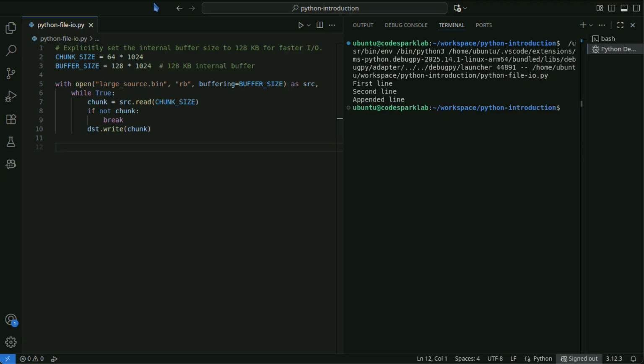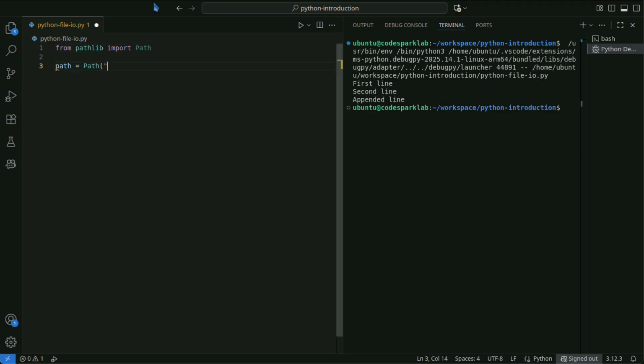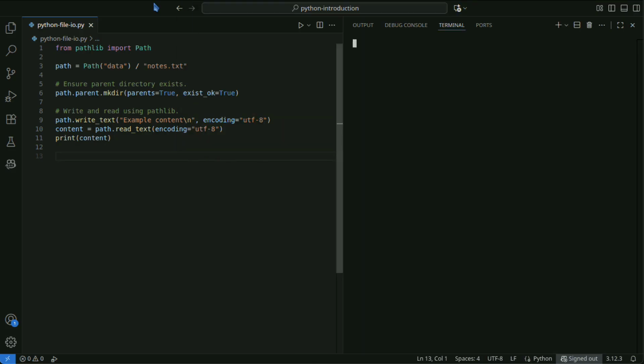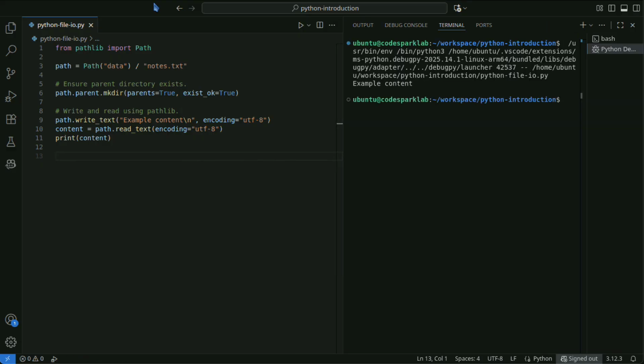The standard pathlib module makes path handling more intuitive. It improves readability and safety compared to string paths. This code demonstrates creating a directory with pathlib, writing to a text file, and reading its contents.